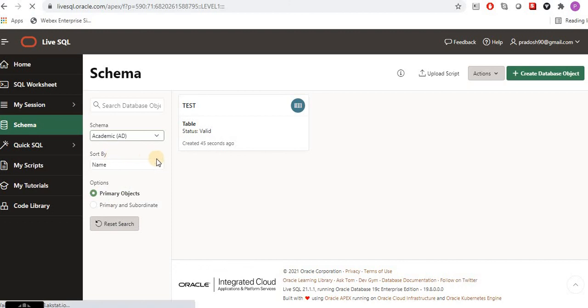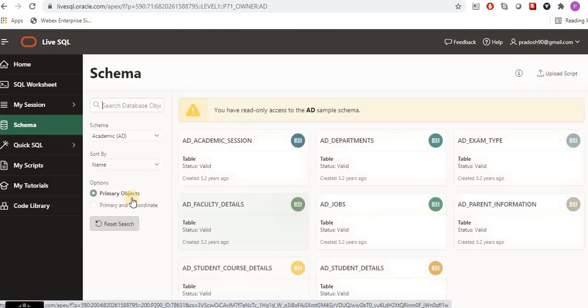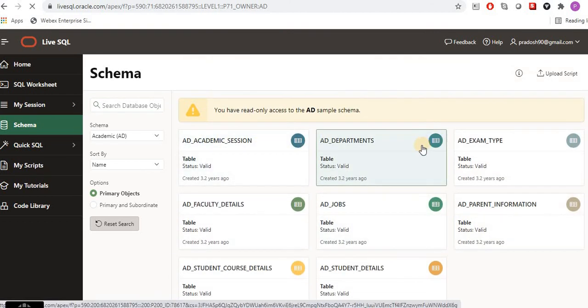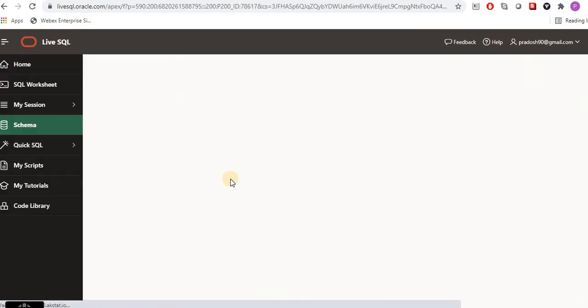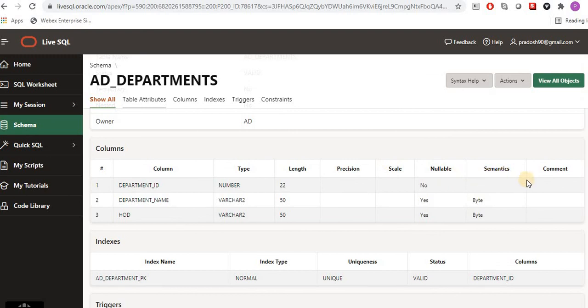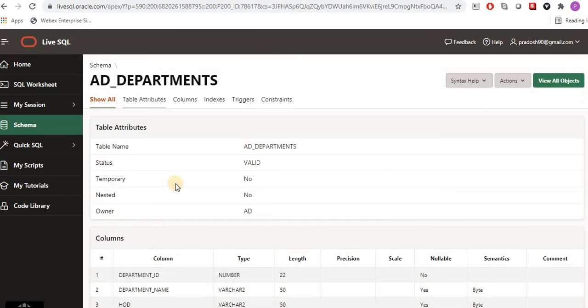Take the academic schema, let me open it for you. Here you can see so many schemas. The schema is nothing but a table. Let me click one of them. Here you can see the table, column name, data type and everything. If this meets your requirement and you don't want to do anything, you can directly query from here. Just click on Query, then the worksheet will open, and then we can directly select and perform.